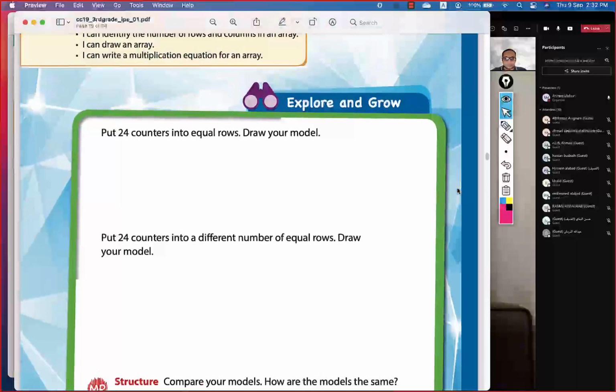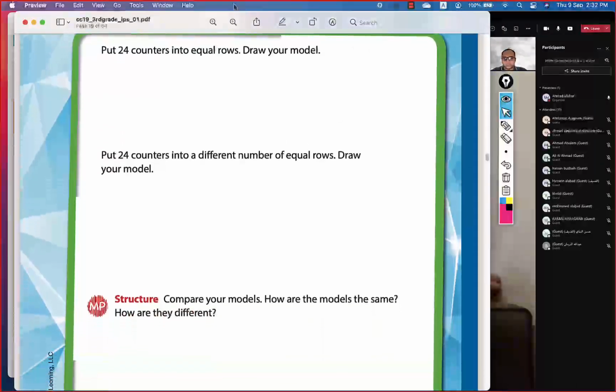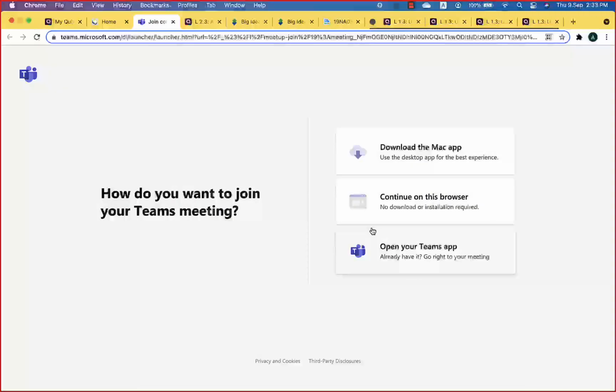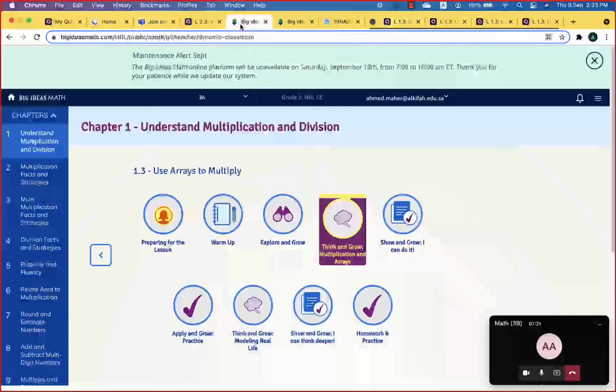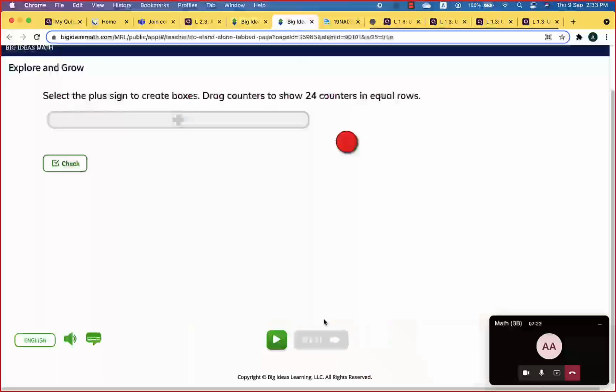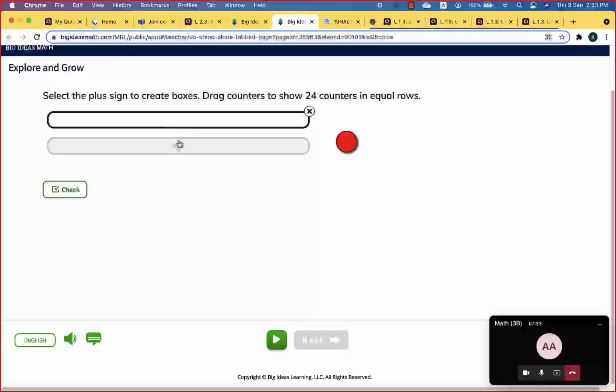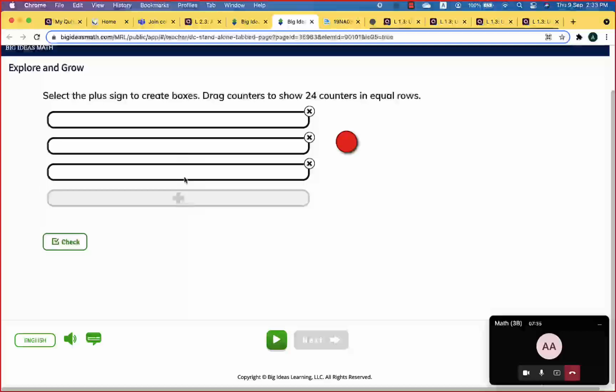And here in this page we have this question. Put 24 counters into equal rows. To solve this question, we may use this page. Okay, this one. We need to put 24 counters in equal rows. So let's make rows. What about making 3 rows? And let's start counting. 1, 2, 3,